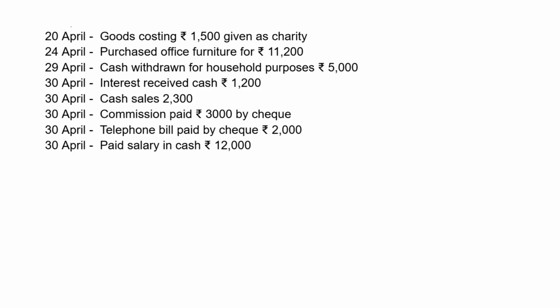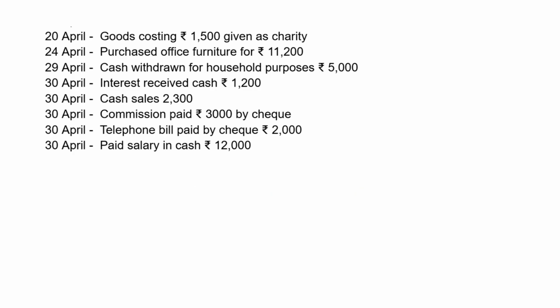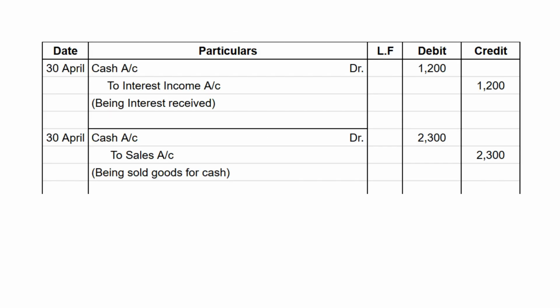So the two accounts affected are cash account and sales account. Cash account is real account and cash comes in the business. So it is debited. And sales account is nominal account. And after sales, we will receive cash. So it is income. Sales is income. So sales is credited. Let's see how we'll record it. 30th April, cash account debit 2300 to sales account 2300 and the narration is being sold goods for cash. Next,